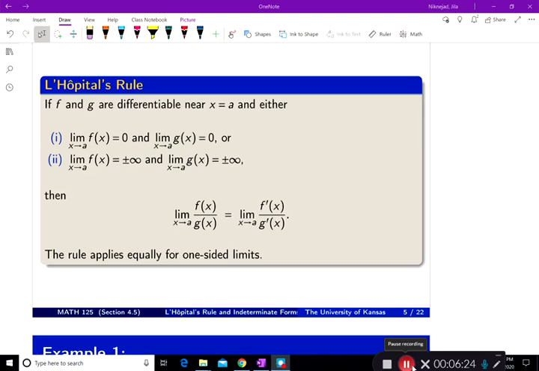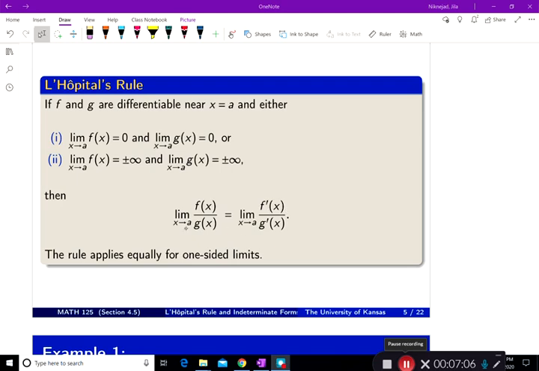So L'Hopital rule is this: if f and g are differentiable near x equal to a, and either the limit of f of x is equal to 0 as x approaches a, or the limit of g of x is equal to 0 as x approaches a, or the limit of f of x is equal to plus or minus infinity as x approaches a, and the limit of g of x is equal to plus or minus infinity as x approaches a, then the limit of the quotient in either case is going to be equal to the limit of the quotient of the derivatives,